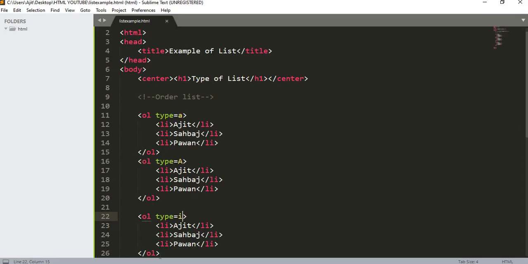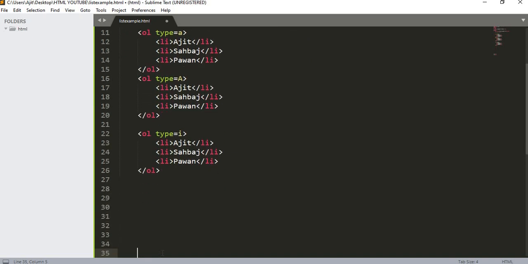Now what I want is that this ordered list must start from 10, not always starting from 1. As we have seen, I want it to start from 10. What should I do? No problem, just copy it, paste it, and write over here 10. It is going to start from 10. Ctrl S and just run it.